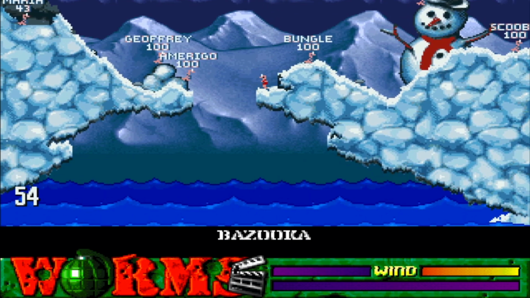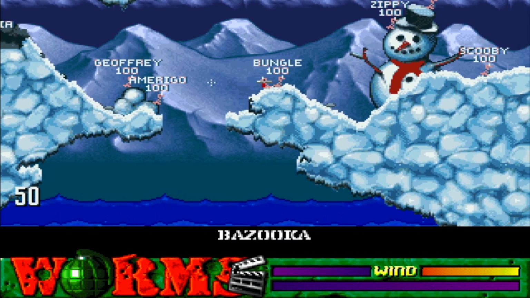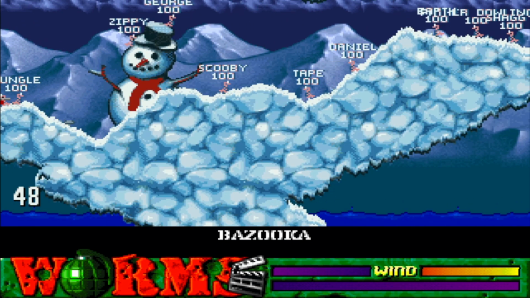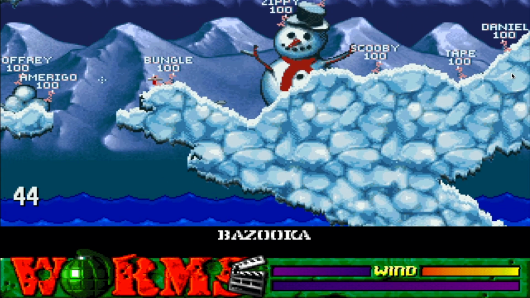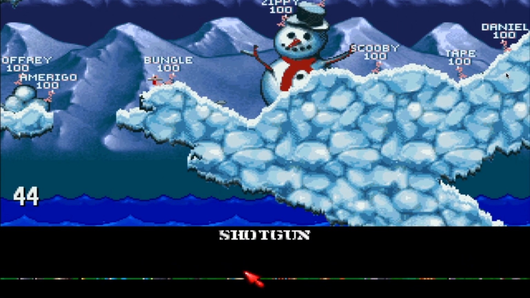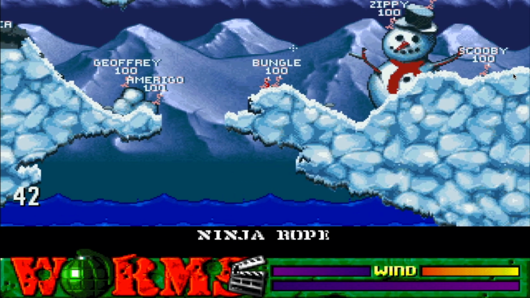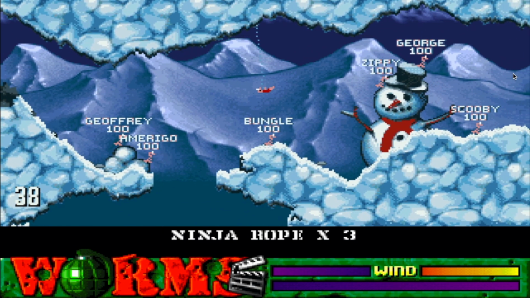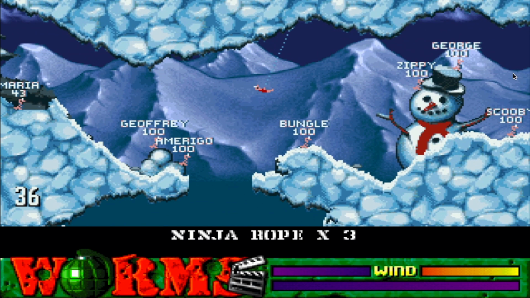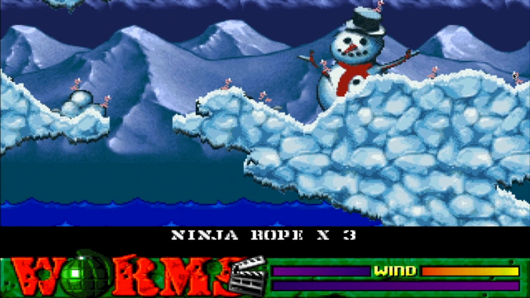This is also a very bad example of a ninja rope, because here I didn't see the mine. See, I want to go to the right hand side to push somebody in the water, but unfortunately I didn't realize there was a mine on the right hand side. Near this snowman there is a mine. Look at the mine. This is a mistake. I was too excited, but unfortunately, see,